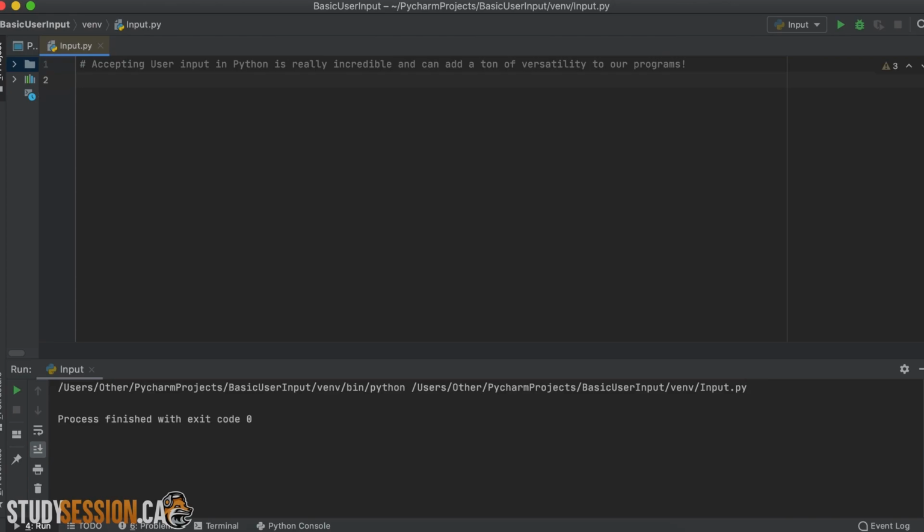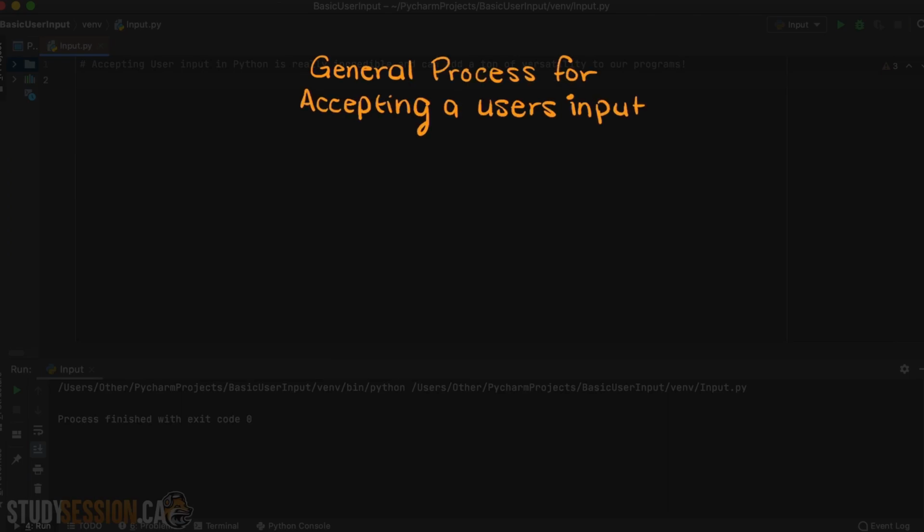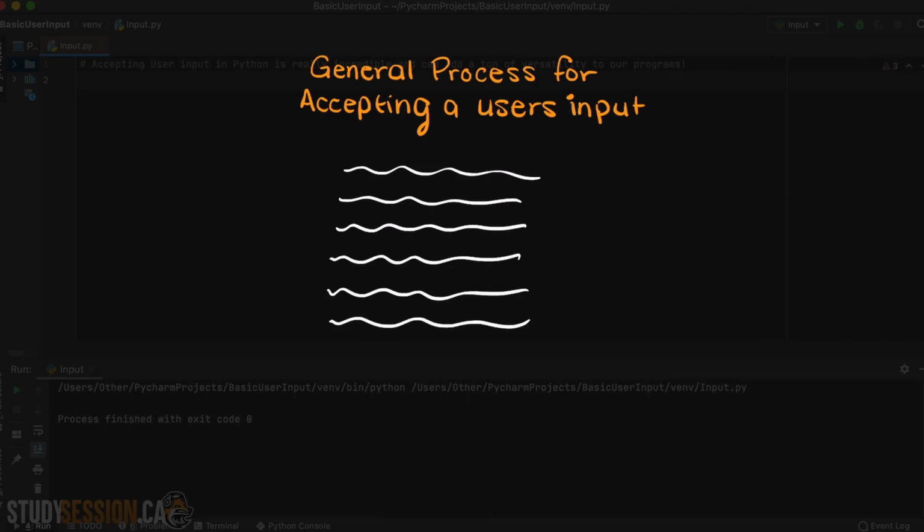So, now that we have a brief understanding of why user input is very important in many Python purposes, how do we go about accepting and using a user's input within our Python codes? The general process for accepting a user's input will go something like this. When your code starts, it'll run through all the code above your line where you ask for a user input.